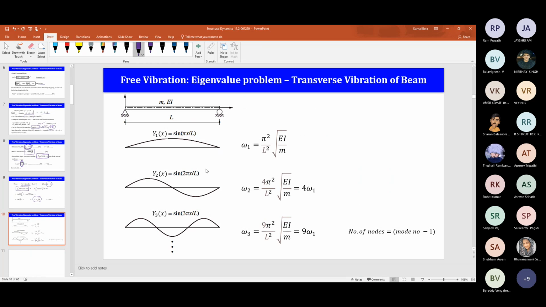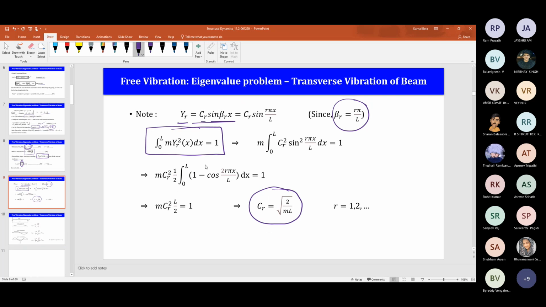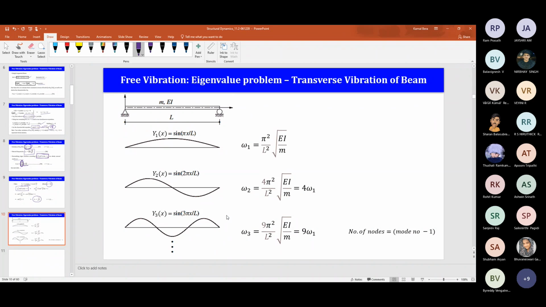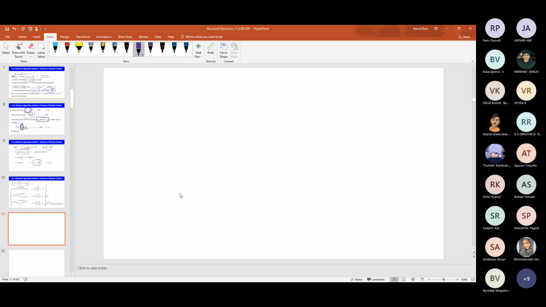Okay, so these are the mode shapes that I have plotted. That is basically sin(pi x by L). Because root over 2 by mL is a constant, it is just a shape, and I want to plot the shape. The shape depends on the sine function, sin(r pi x by L). R equal to 1 is the first mode shape, r equal to 2 the second mode shape, and so on. I plotted the first, second and third ones, and their associated natural frequencies. So these are the first 3 mode shapes of a simply supported beam and their associated eigenvalues, the natural frequencies. And you can observe the number of nodes is the mode number minus 1. That we did in the last class.